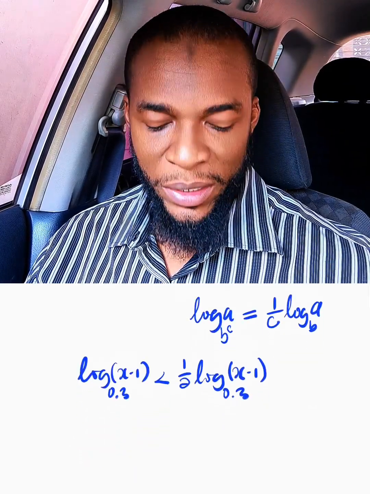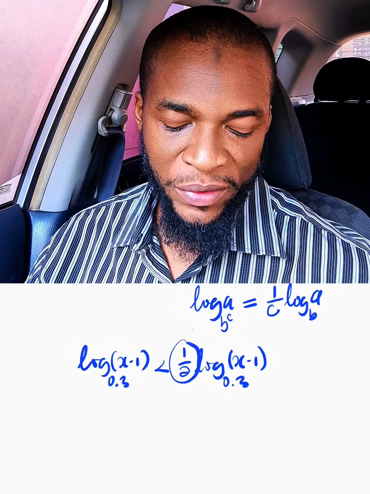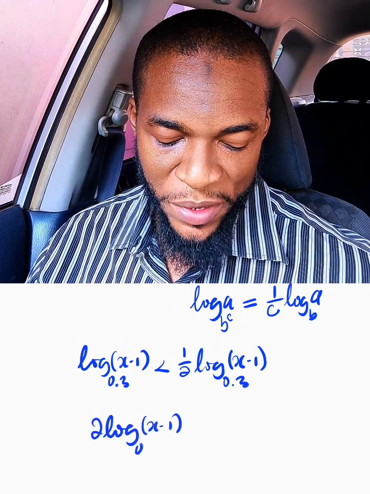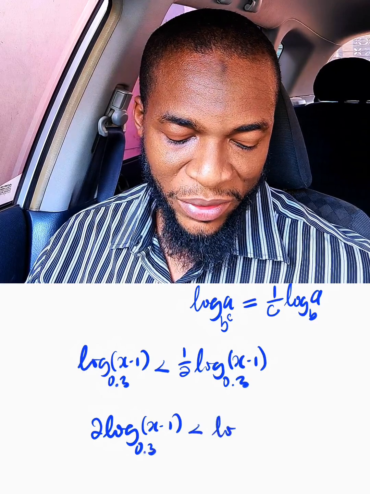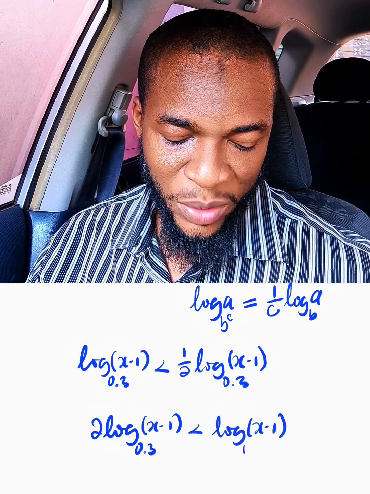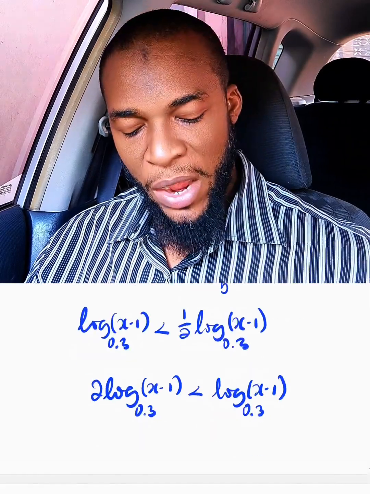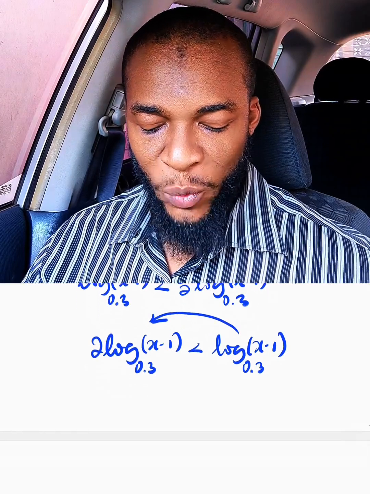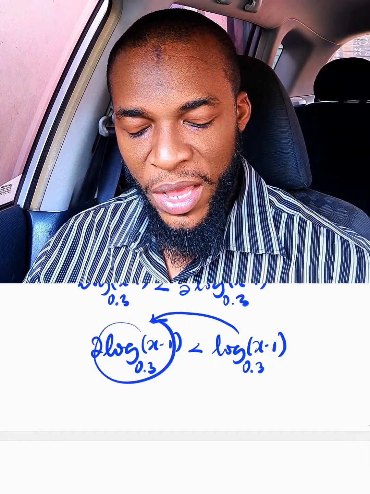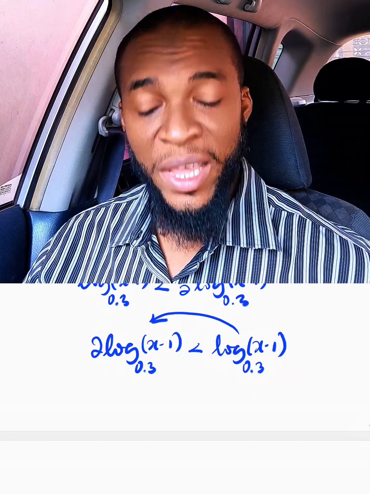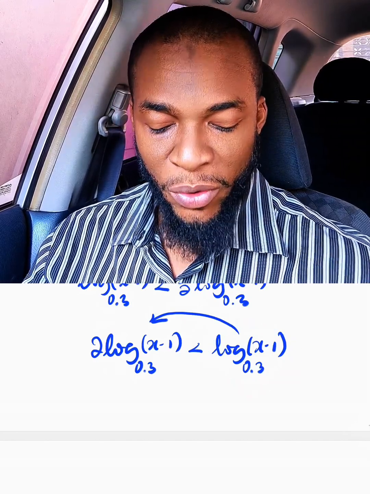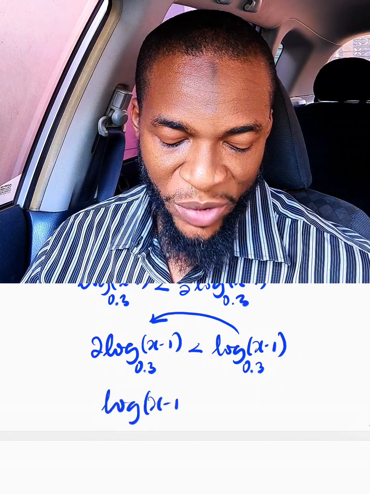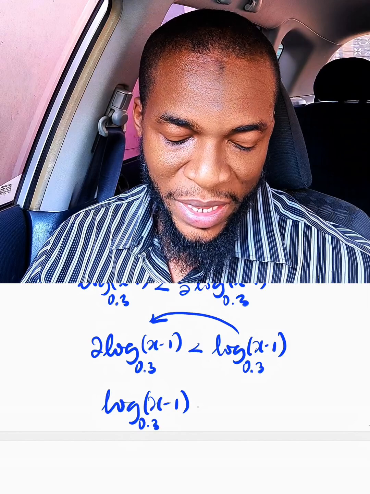Now you can multiply the left and the right hand side by 2 just to clear this fraction. So you have 2 log of x minus 1 with the base of 0.3 less than just log of x minus 1 with the base of 0.3. Now you can take this one to the left hand side. You can see they are like terms. We have two quantities here, we have one quantity. As this crosses over, it becomes negative. So it becomes 2 log of this minus log of that, which is a single log of x minus 1 with the base of 0.3,